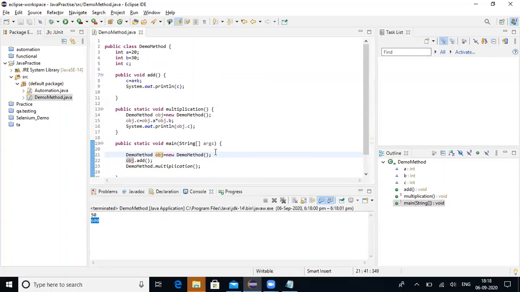Okay, got it. This is static and non-static methods. Only one thing that you need to understand is, if it is a non-static method, you have to use an object to call. Object to call non-static methods. We have to use the class name to call static methods. Okay.